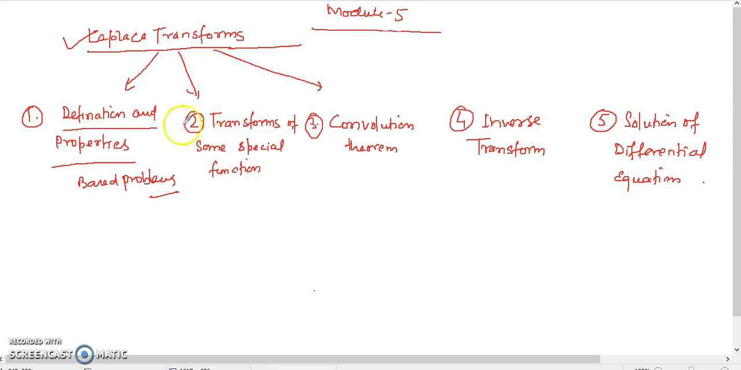and then transforms of some special functions, convolution theorems, Laplace inverse transformations, and then finally we'll discuss the solution of differential equations, which we studied already in module 2 and module 1, by using the Laplace transformation. So these five important topics are there in these lectures, and they will cover 16 marks for the final